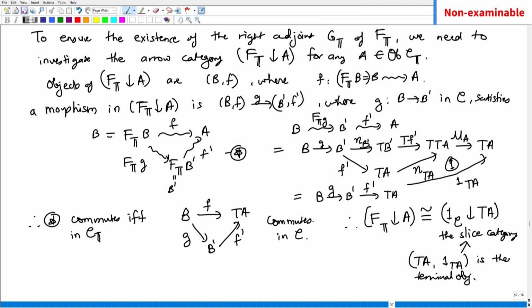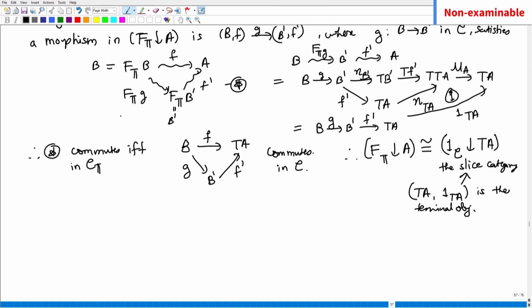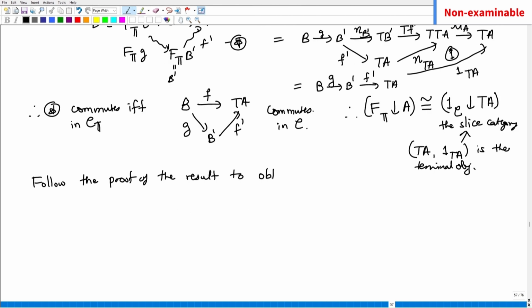Okay, so we can use that theorem to conclude that this indeed has a right adjoint. Okay, now I am going to say, we have already done enough. So follow the proof of the result to obtain the right adjoint